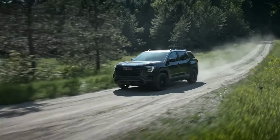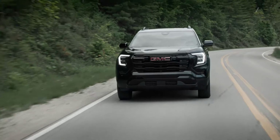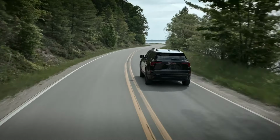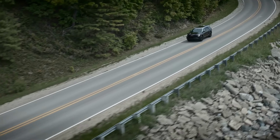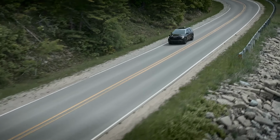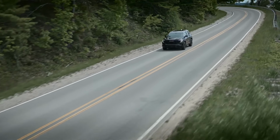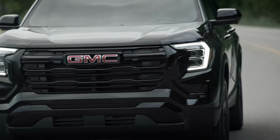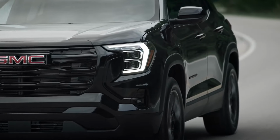And make sure you guys stay tuned for additional content coming here, doing comparisons across the Equinox, Terrain, and even the Buick Envision side of things, because I think there is some very interesting differences in terms of features and packaging, specifically when you add in the Buick Envision to each of these two vehicles that may pique your interest if you are cross-shopping the compact SUV space, either on the mainstream and or the luxury side of things. But just want to put that disclaimer out there before we get into taking a look at some of these